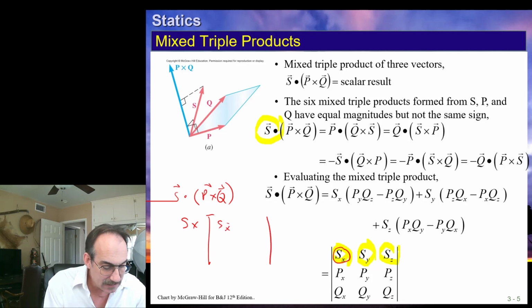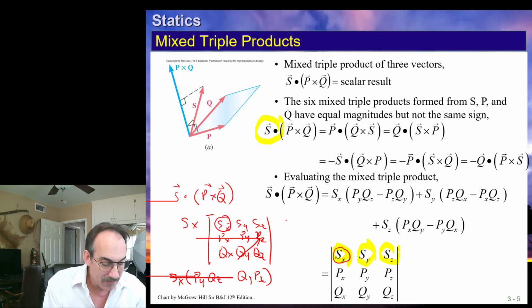This was SX, this was SY, this was SZ, this is PX, this is PY, PZ, this is QX, QY, QZ. So what we're going to do is take this guy and multiply it by this minus this. So SX times PYQZ minus